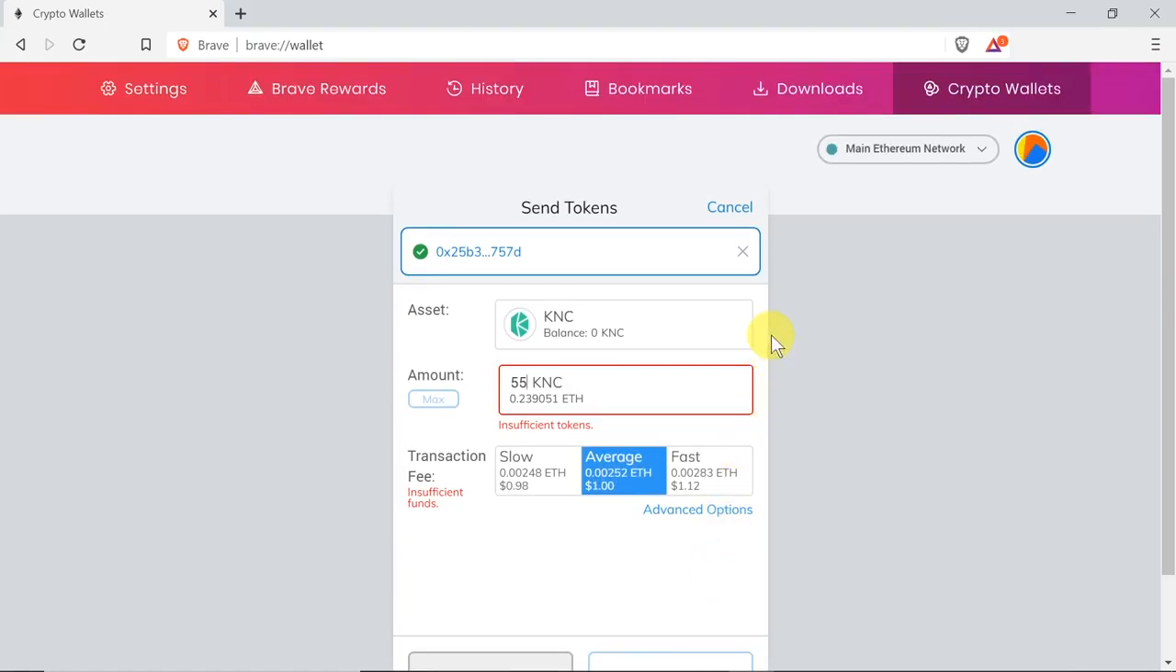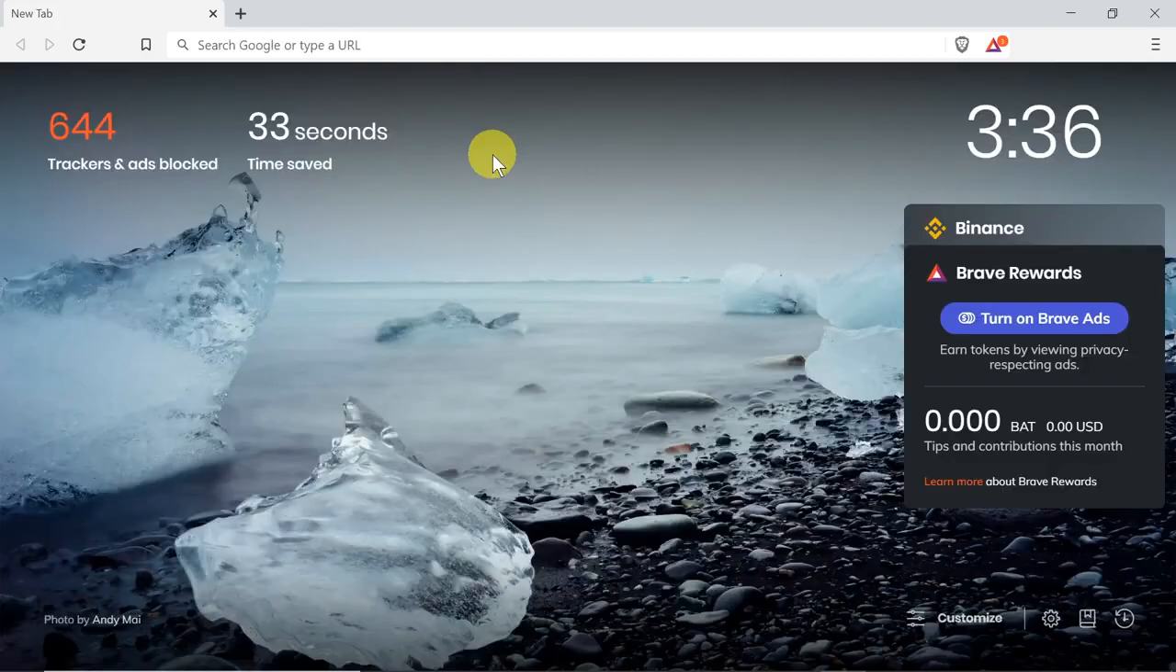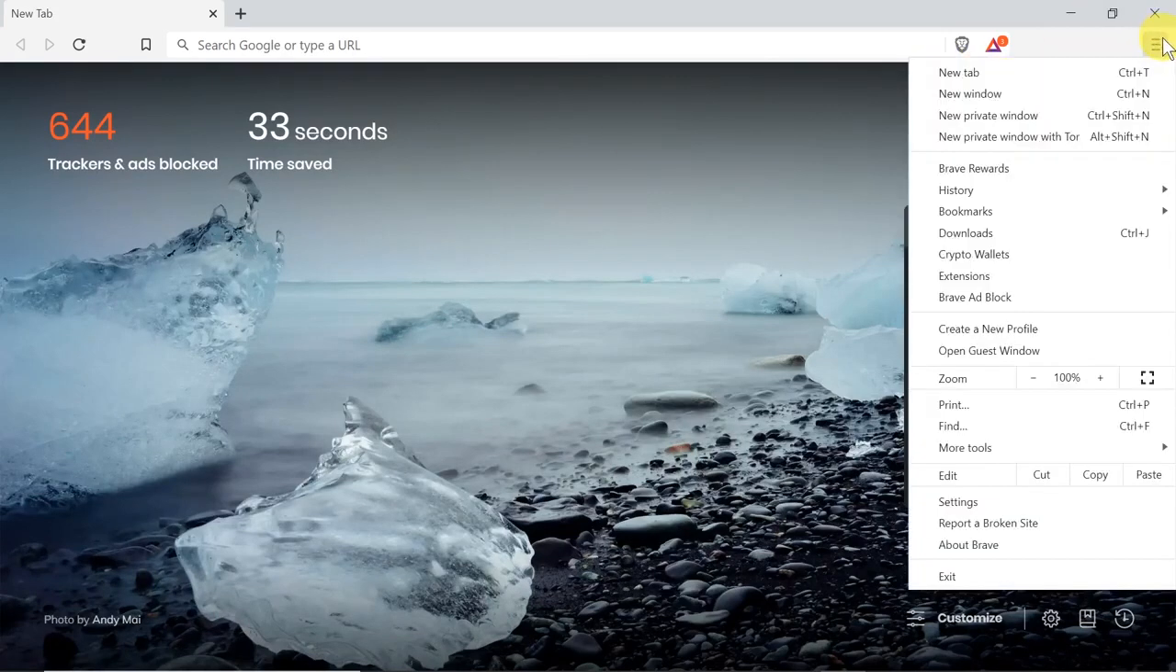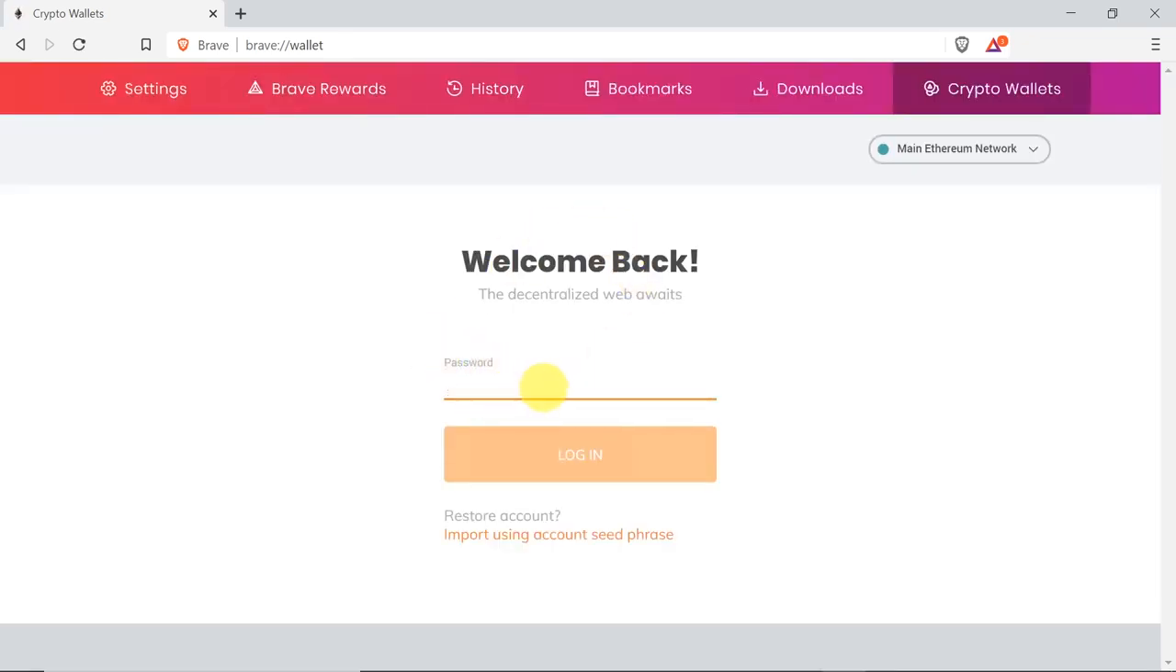And now let me show you one last thing. Let's say we restarted our computer, we open our Brave browser and we want to access our crypto wallets. In order to do that, we would move our mouse to those three dashes again, click on it, and then from the list we need to find crypto wallets. We click on crypto wallets, and as soon as we do this, crypto wallets are being opened